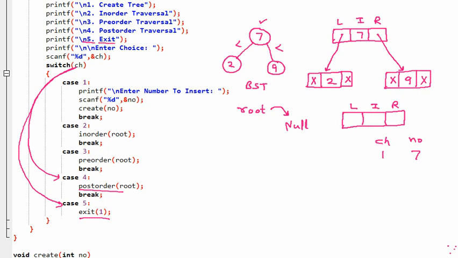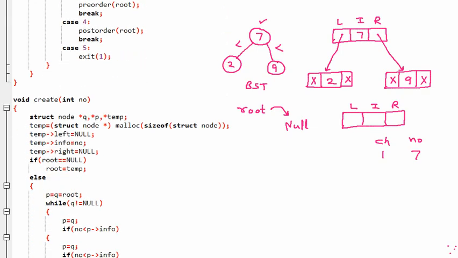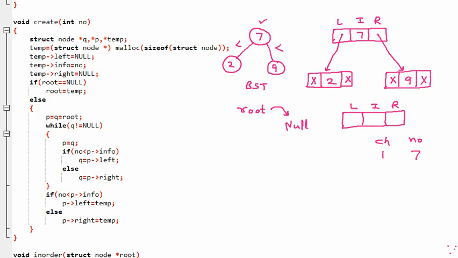Now we are going to learn the functions like create function, in order, pre-order and post order. So we are going to the create function now, by which we can create the node. Here we have void, meaning no return type, creating the node, int number. Let us suppose that this 7 number we are going to pass here. Based on that 7 we want to create the node now.